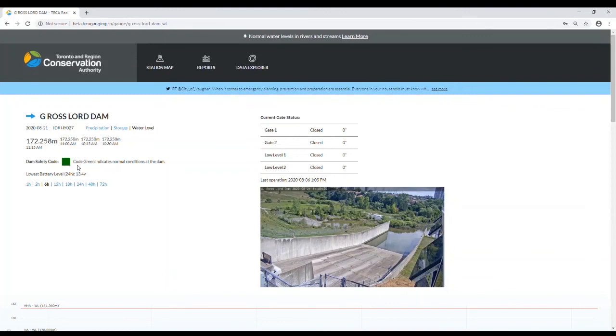A short description of the code color is also included. The other source of current information on the dam gauge page is this table, Current Gate Status. This is for operational dams like Giras and Clairville dams, and provides a summary of gates and their opening amounts.